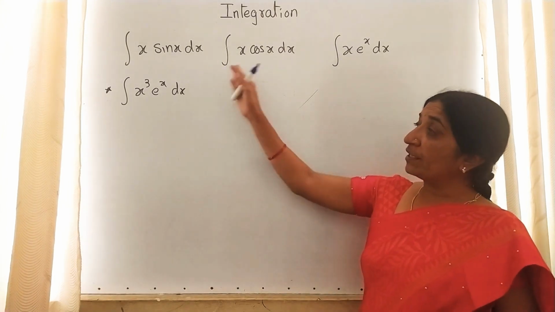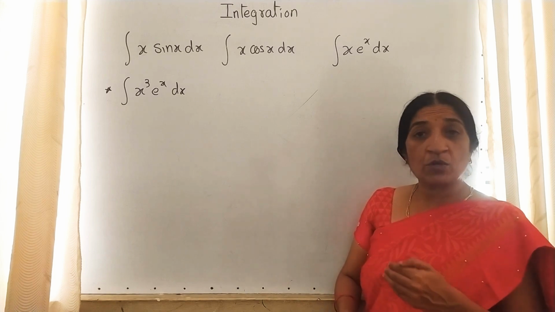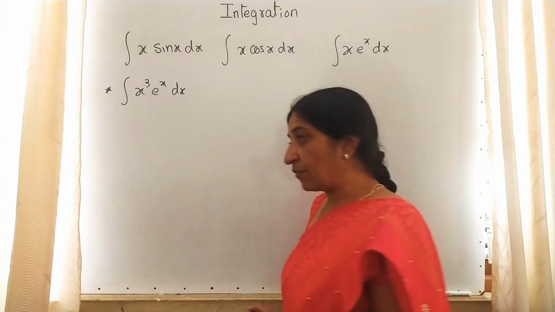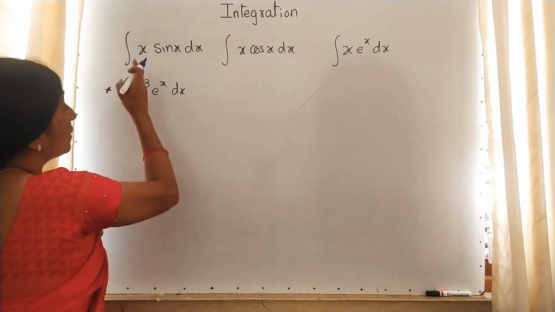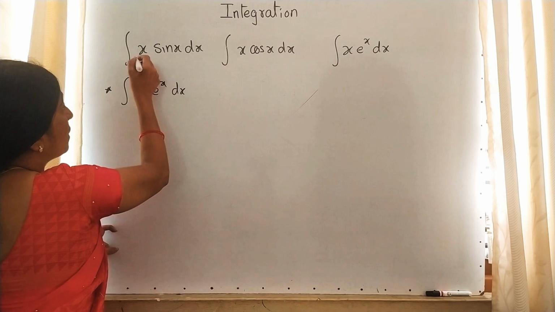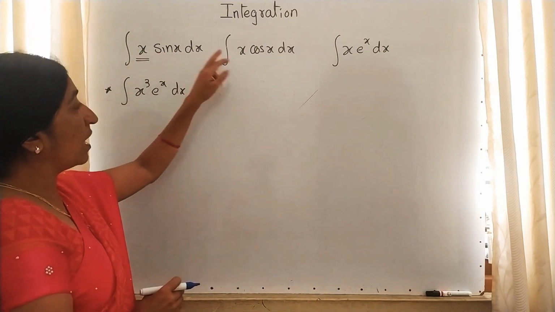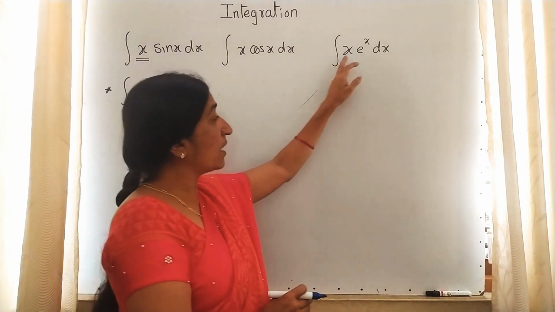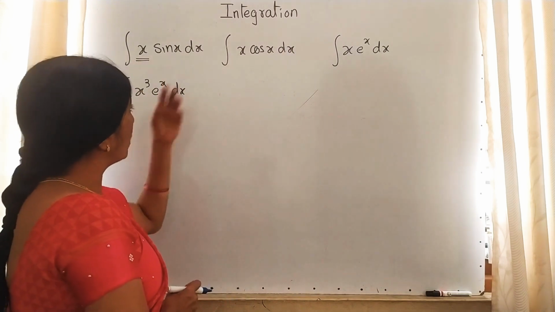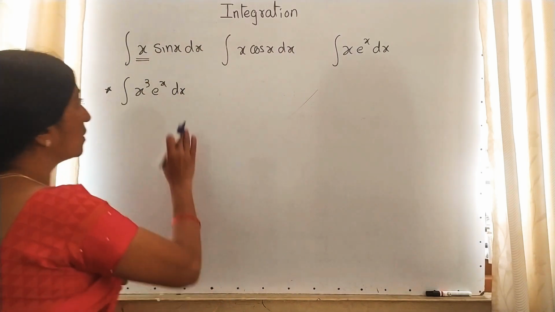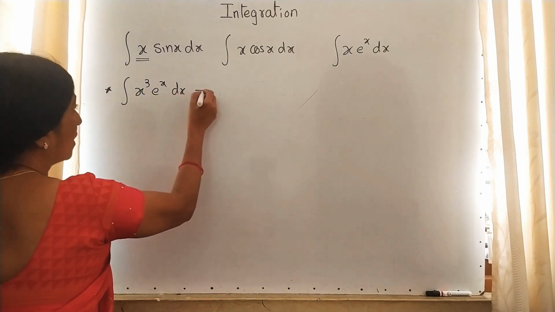These are usually integration by parts, and you know that the integration by parts formula is so lengthy. Here in the CET we are not applying that. For a few examples, in the form of x into sin x. X means what? Algebraic function. Algebraic into sin x, algebraic into cos x, and algebraic into exponential. The trigonometric terms usually used are sin x and cos x. So I will explain this concept within a fraction of a second in one line.